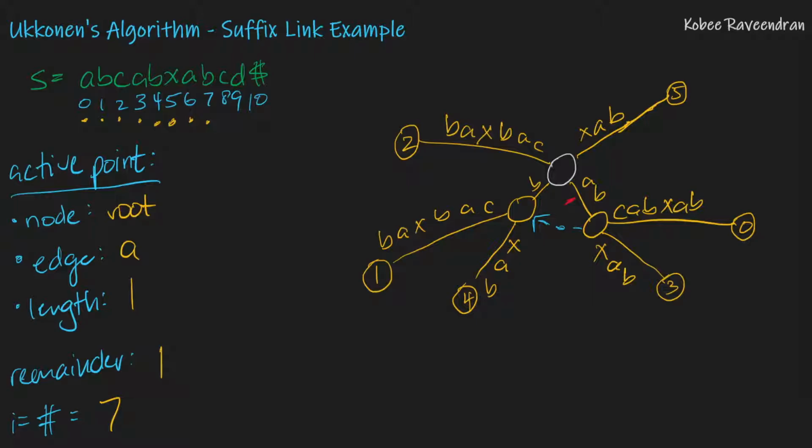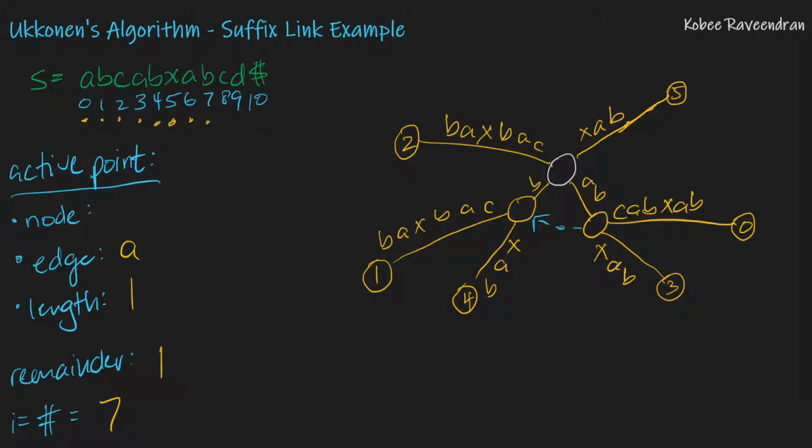And again, we notice that from our active point, the next character also matches the new one. So we just update the active point to right after the B. And in fact, you'll notice that right after the B, we actually have an internal node. So what I'm going to do is change the entire active point to reflect that. In cases like this, you can just safely set the active node